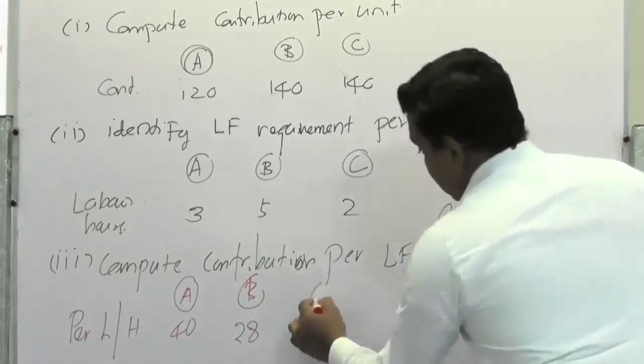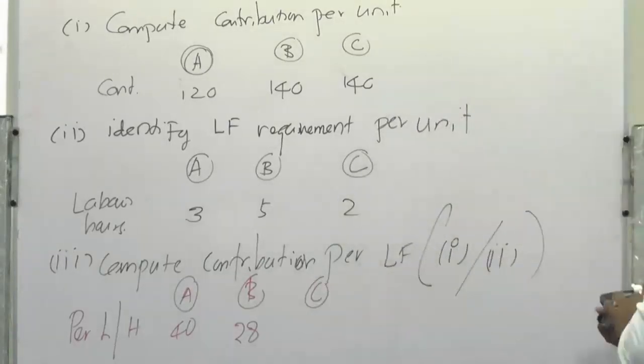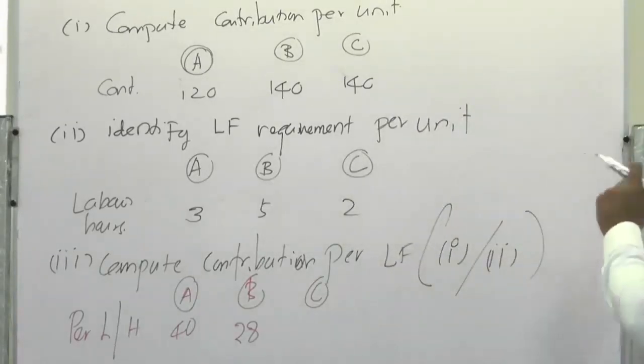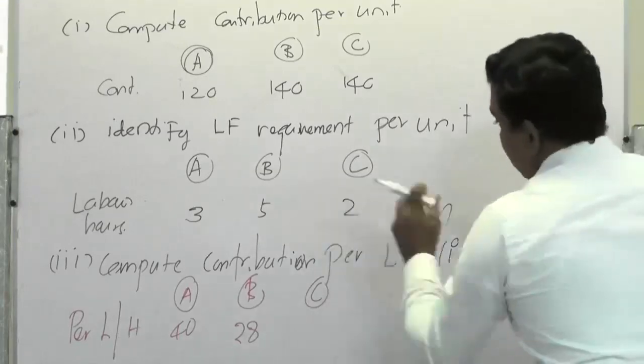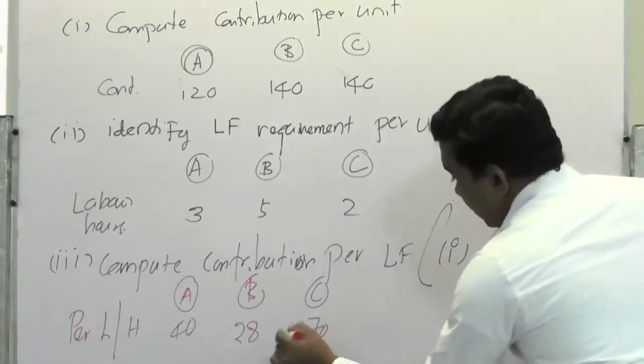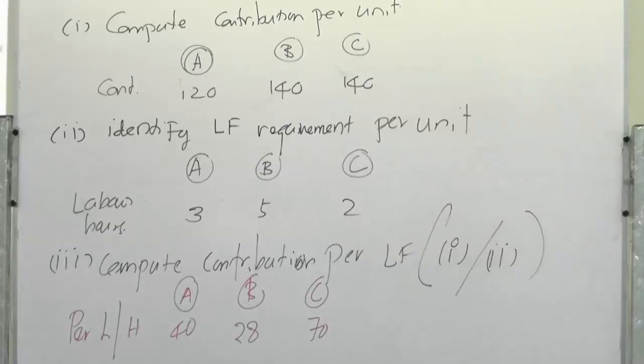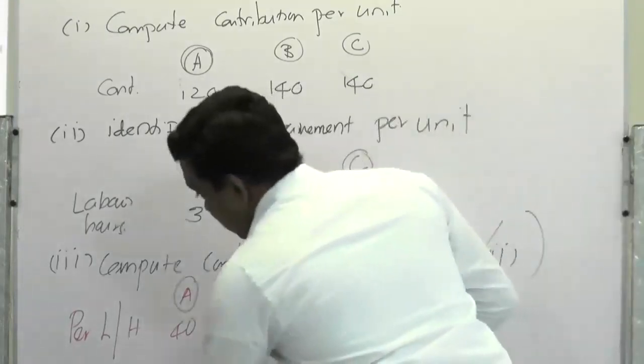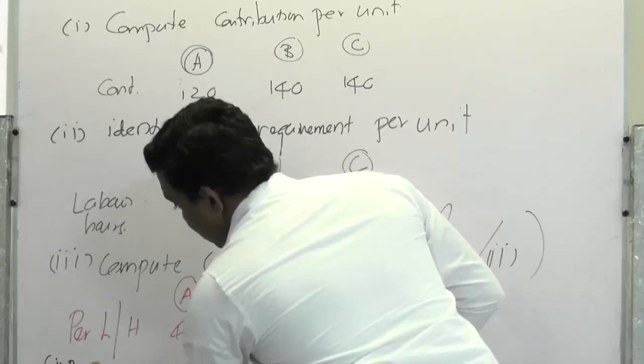Then, in respect of product C, 140 per 1 unit, which takes 2 labor hours, therefore per labor hour it gives you 70 rupees. Now, as a rational investor, you believe I must produce more of what gives the highest contribution per labor hour. Therefore, Roman number 4, rank